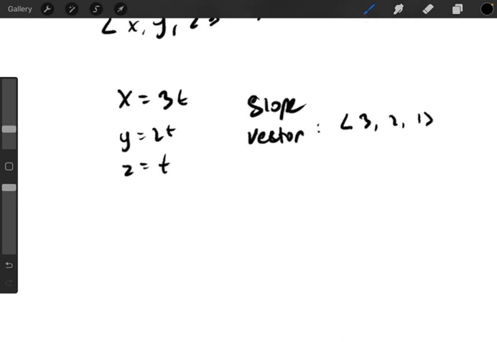So you can describe that with a vector that goes 3 in the x direction, 2 in the y direction, and 1 in the z direction, which will meet, like, I can't really draw that, but you get the picture, right? So it'll go like that. Yeah, I think that's a pretty good example. And that